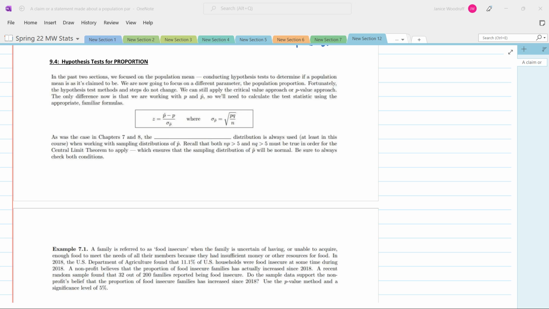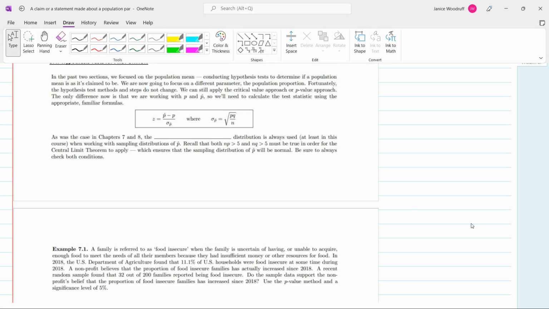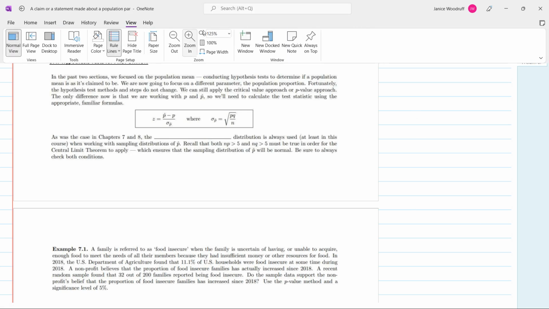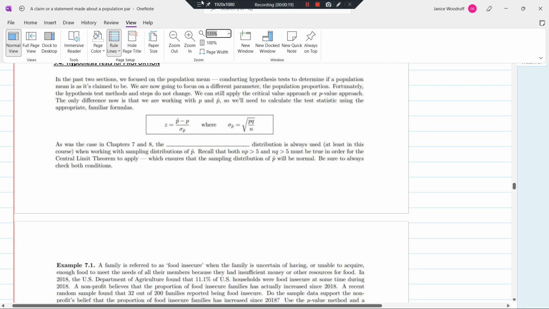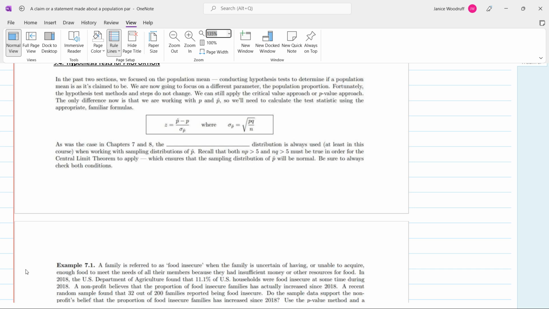All right, so this is pretty straightforward. Section 9.2, we did the hypothesis test for populations when we knew the population standard deviation. 9.3, we did the hypothesis test when we had the sample standard deviation, and now this is proportion. So, your formulas for proportion,